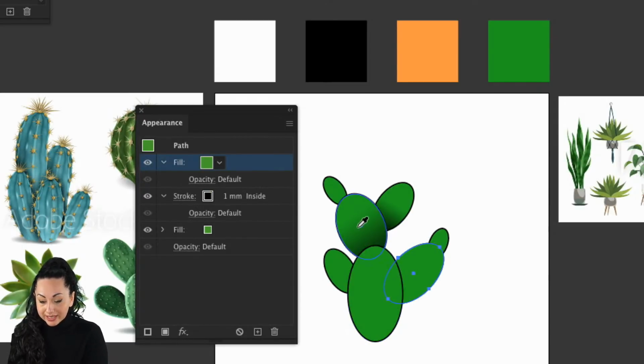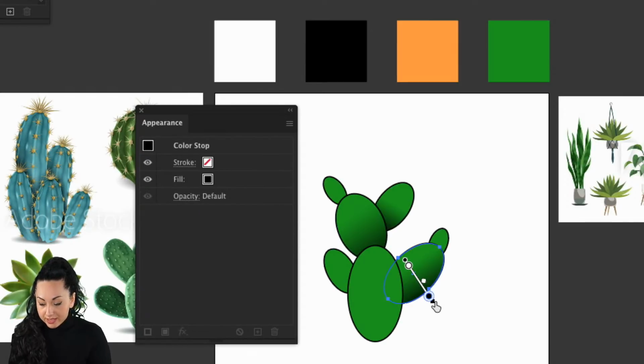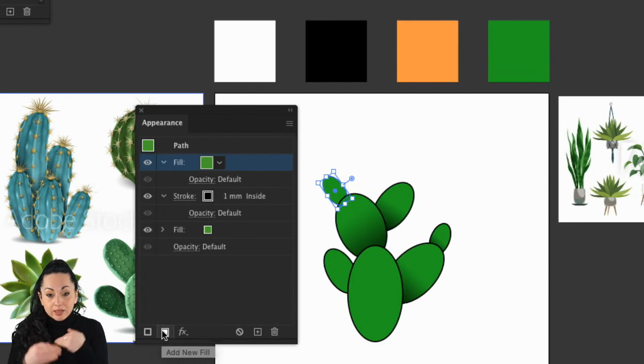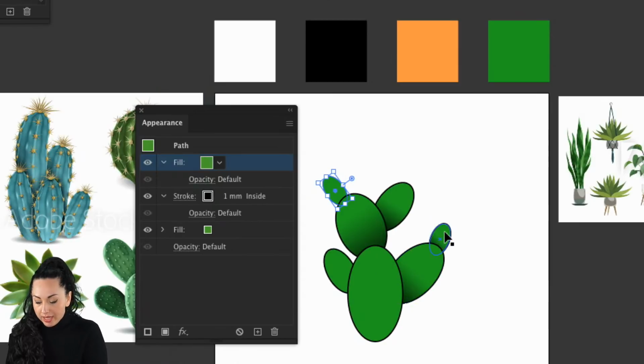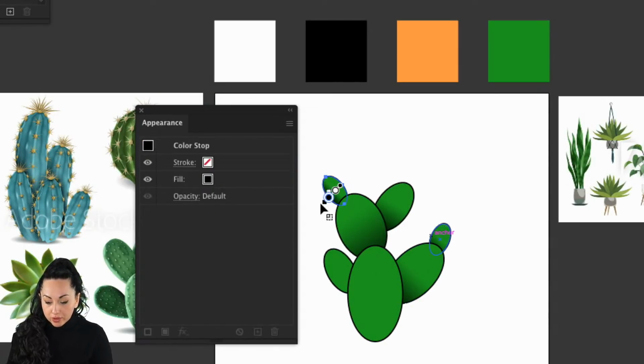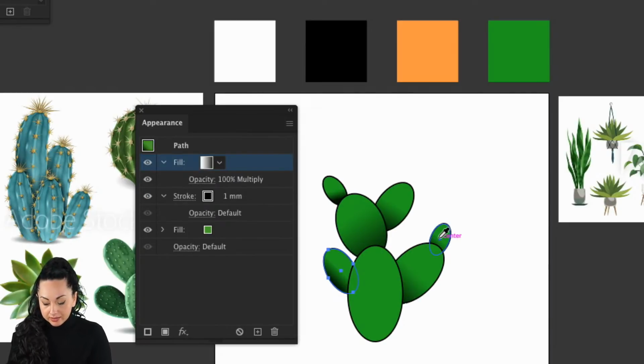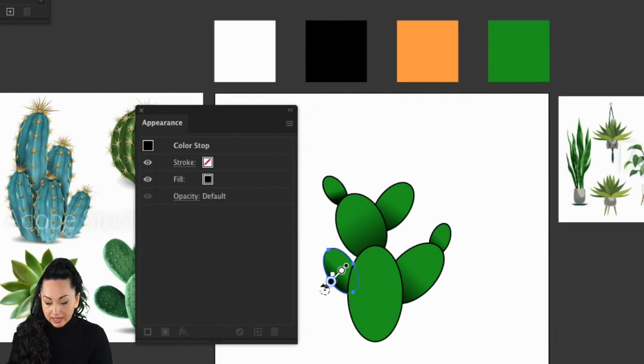So look how cool. You can actually bring up per each single shape your gradient, just like so. And all you're left to do is really to repeat this per each shape. And maybe we're gonna bring this a little bit out so we can see it. And there is no shape, so I'm not creating multiple shapes. I'm just creating multiple levels of appearances, which I think is super cool. I had this question over and over again, how to layer shadows on images, and people tend to create multiple shapes, which can get very messy. That's why I really love the appearance panel that allows you to layer different appearances.